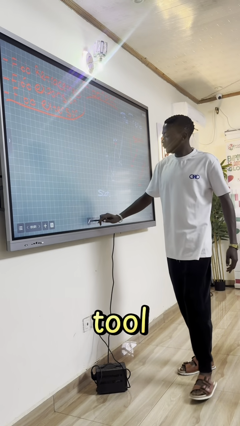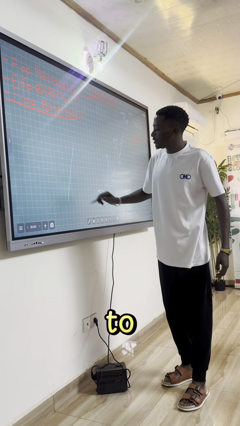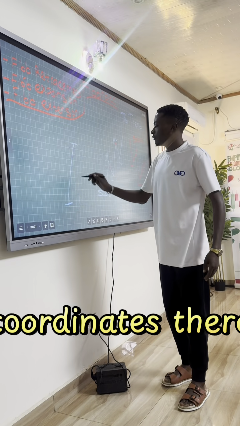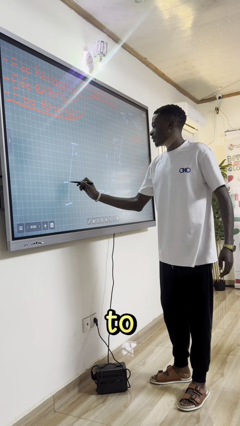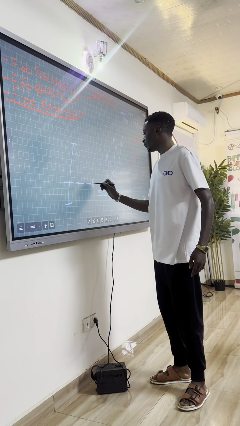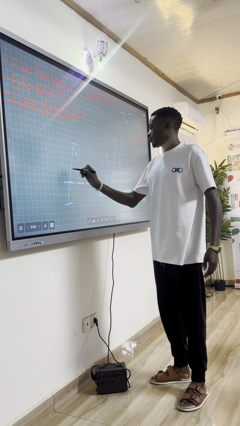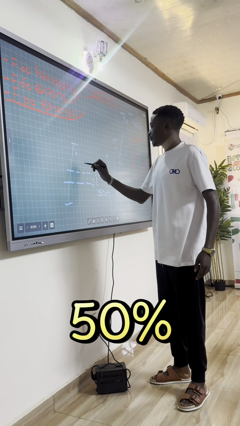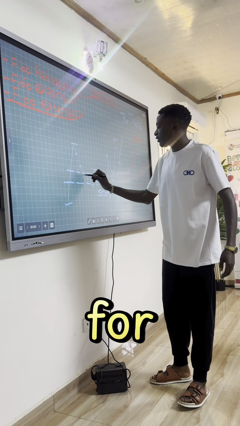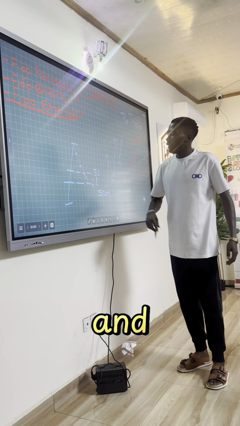You put the tool, you are going to see those coordinates. They are going to appear. Let me see, the correction is developing. I want to know where it's going to end. You are going to see a 61.8 at 50%. So you just have to wait for the market to get into those levels and you take a